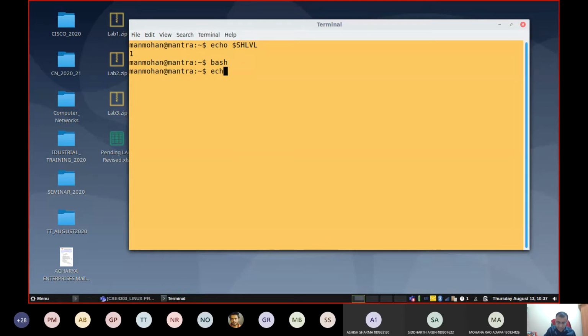Now if you type echo dollar SHLVL, it will say 2. Once again, if I execute bash within this and try echo dollar SHLVL, it will say 3 and so on.